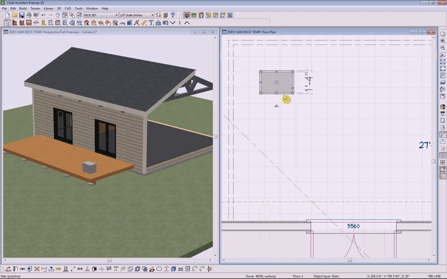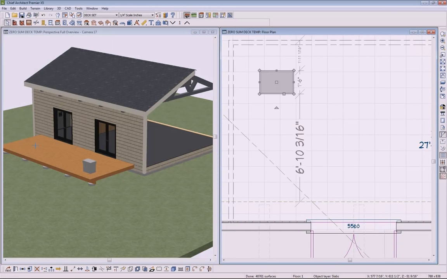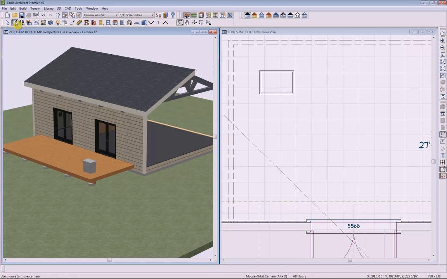If we click on that larger piece, we want to open it up and change its parameters a little bit. So we'll open that up, and we're going to make the elevation at the top 26, and we'll make the thickness of it 6 inches so that that piece will rest right on top of our original. So we'll click OK. So now that copy is moved up and it has a 6-inch slab capstone